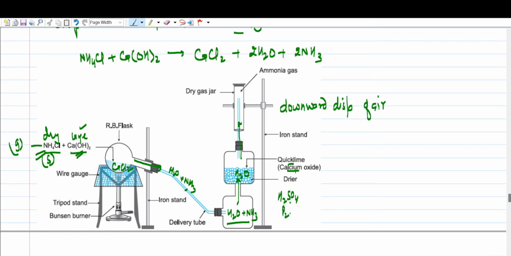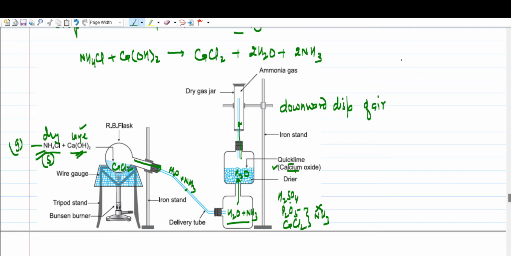Why can't we use P2O5 or why can't we use calcium chloride? Because P2O5 or calcium chloride, these two also react with ammonia. So we cannot use these two compounds. Okay. So the only compound left is calcium oxide or quicklime, which is used to absorb moisture. Is this clear? Right, now after this we move on to the next method which is used for preparing ammonia